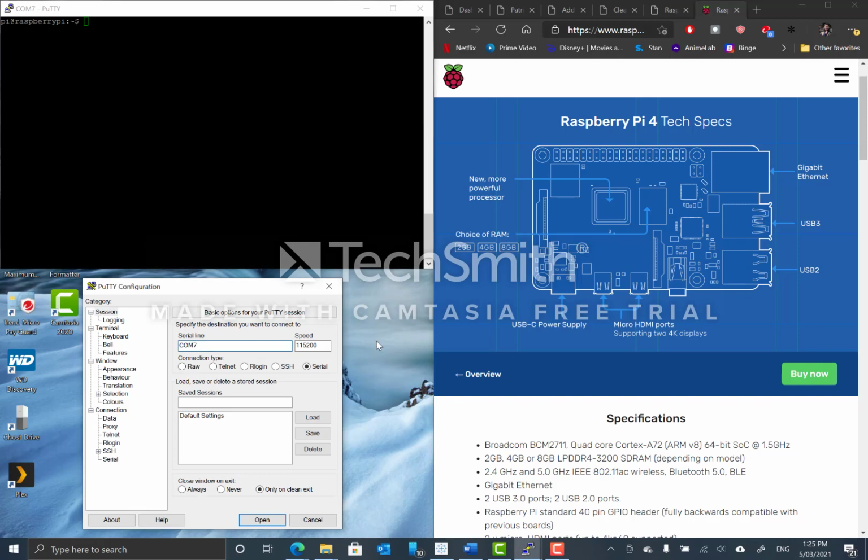We found the COM port 7 was the port linked to the USB, and we set the speed to 115200. Then with that completed, I'm able to communicate with my Raspberry Pi through the command line terminal here. We logged in with username Pi and password Raspberry, and then from there we were able to begin building the